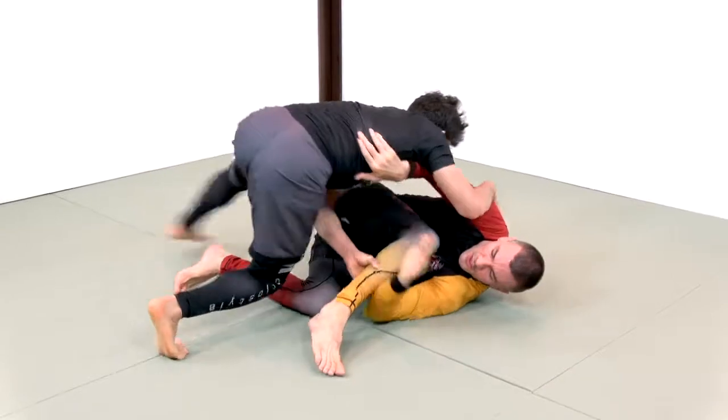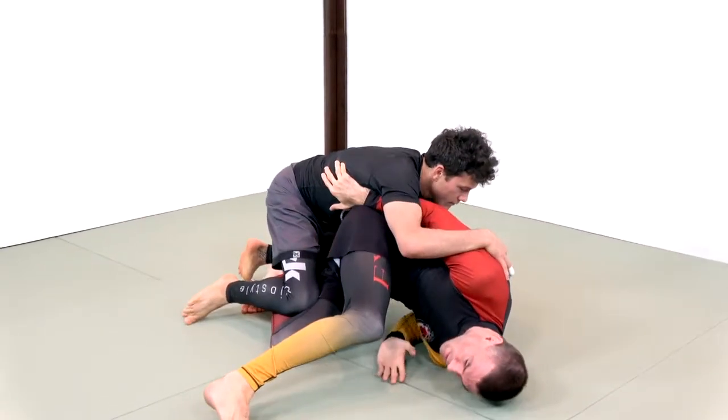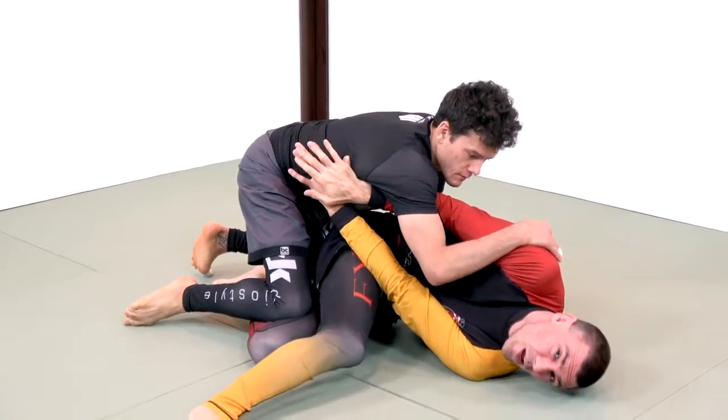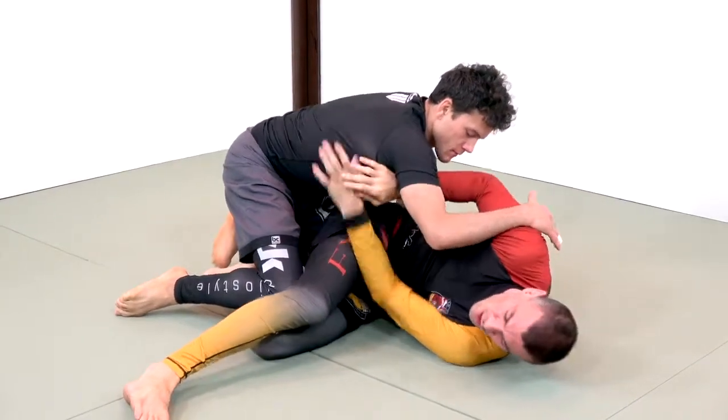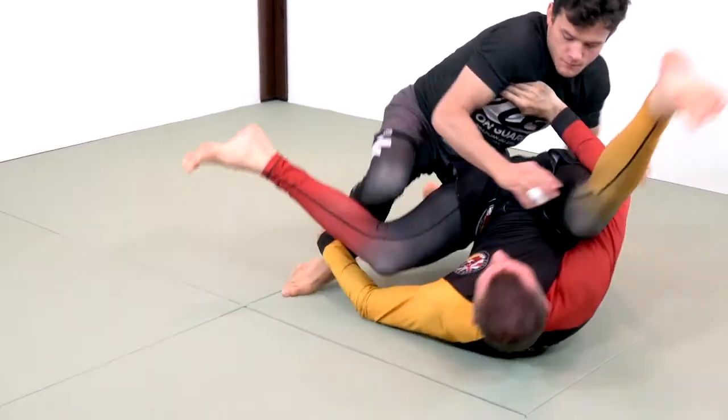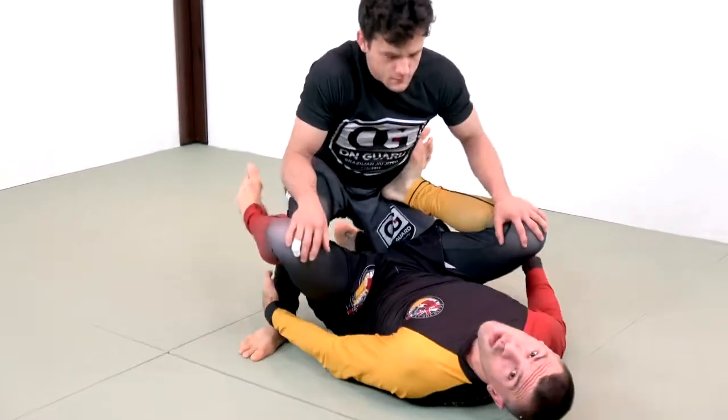As he changes directions, I'm bringing my elbow underneath me. If my arms stay framing, I'm going to twist my spine up. I won't be able to complete the inversion. So I bring my elbow underneath me while maintaining this frame, and I Granby to my other shoulder, resetting my